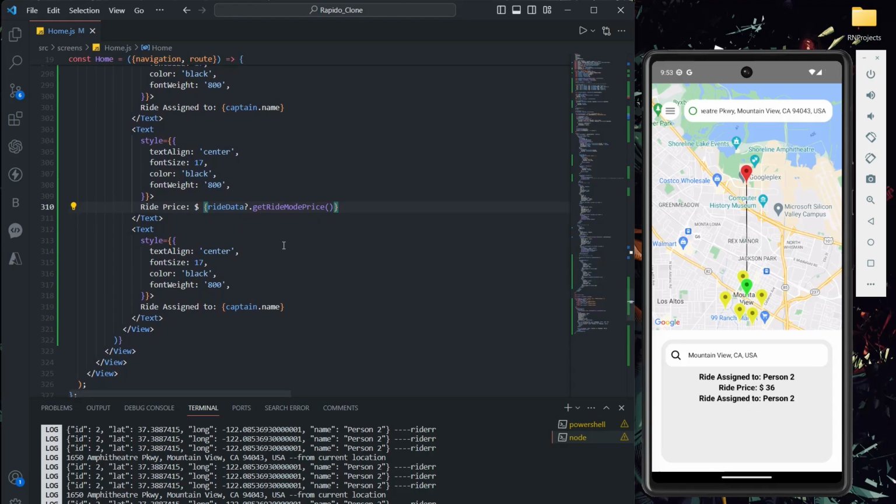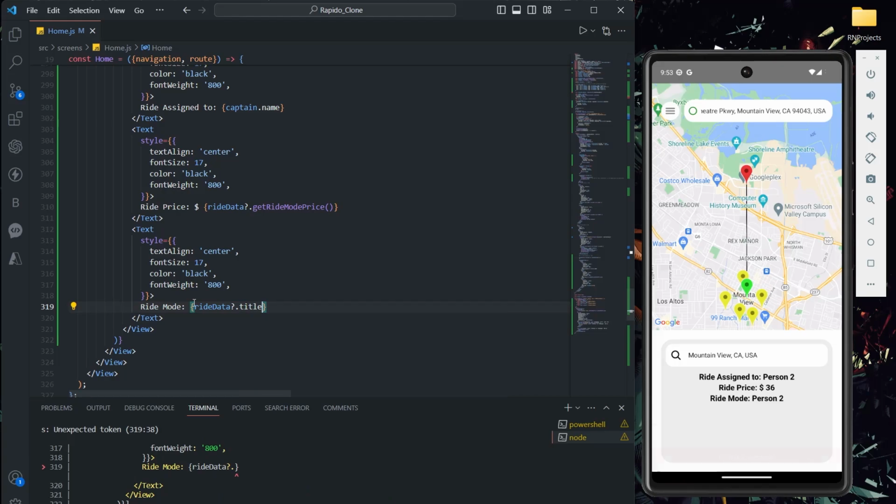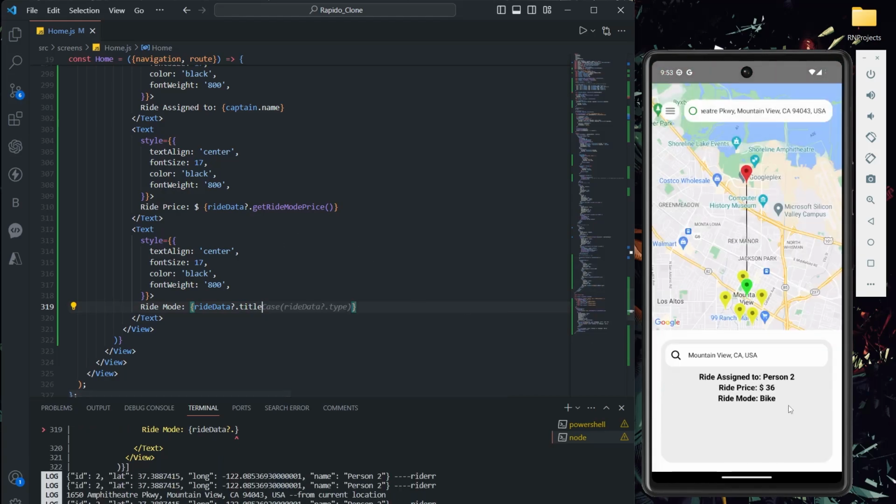And after that, I want to show what else? Bike mode, like ride mode, nothing but. To show the ride mode also, we will be getting ride data dot question mark title, nothing but. In this only, see, bike.